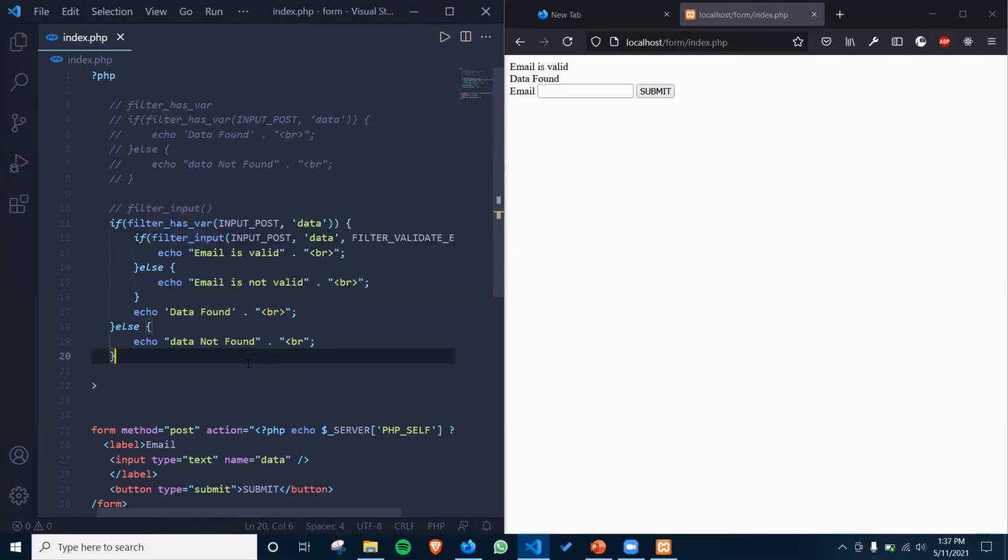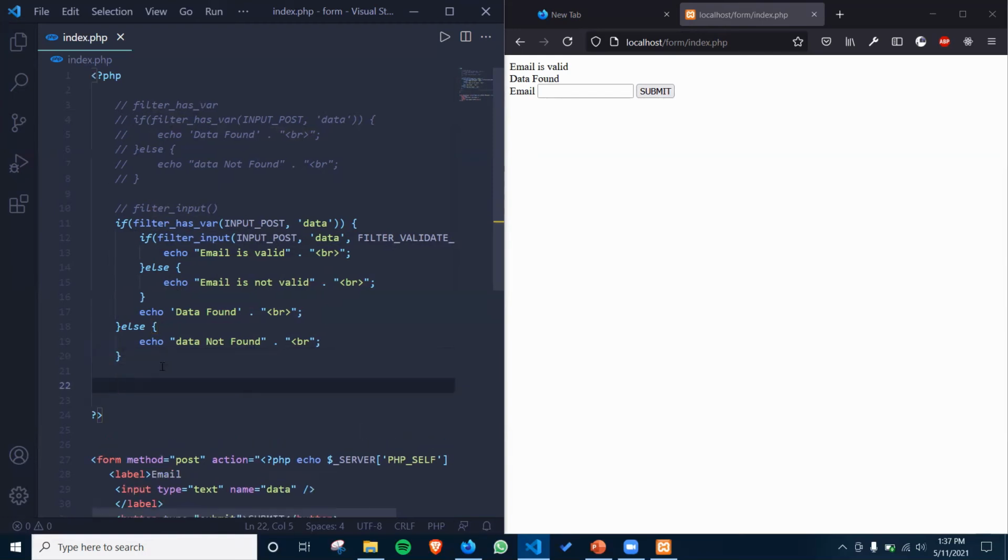Now let's have a look at the third one, which is filter_var. Okay, so what is that? filter_var. So this is basically used to both validate and sanitize data. Means it filters a variable with a specified filter. So it takes two parameters.